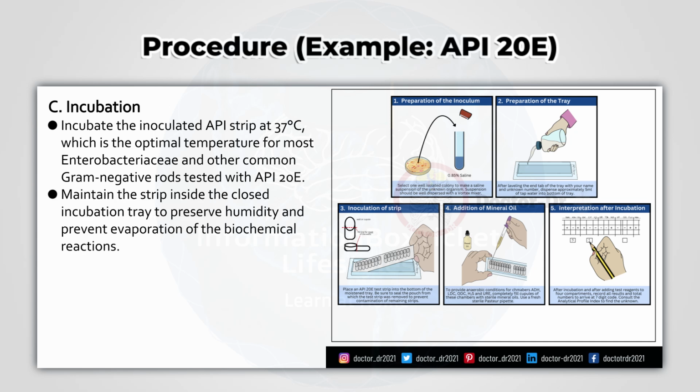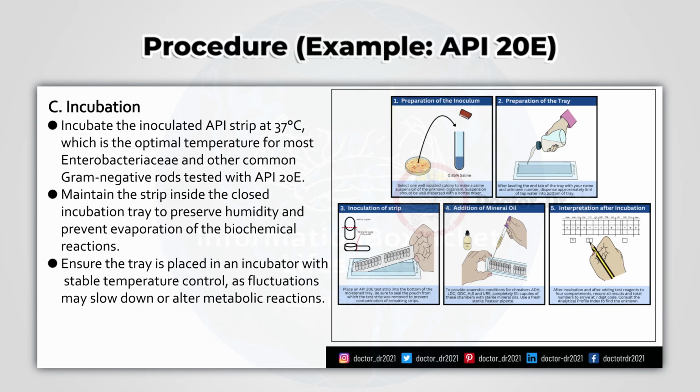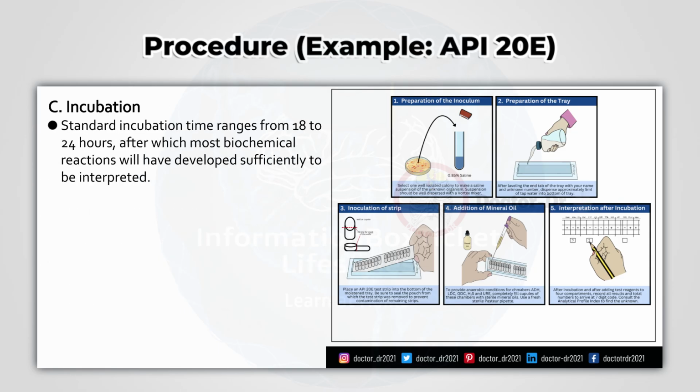20E. Maintain the strip inside the closed incubation tray to preserve humidity and prevent evaporation of the biochemical reactions. Ensure the tray is placed in an incubator with stable temperature control, as fluctuations may slow down or alter metabolic reactions. Standard incubation time ranges from 18 to 24 hours, after which most biochemical reactions will have developed sufficiently to